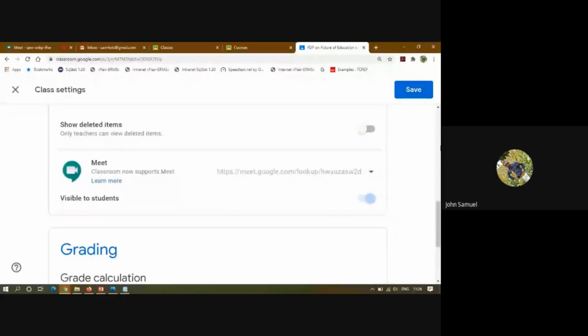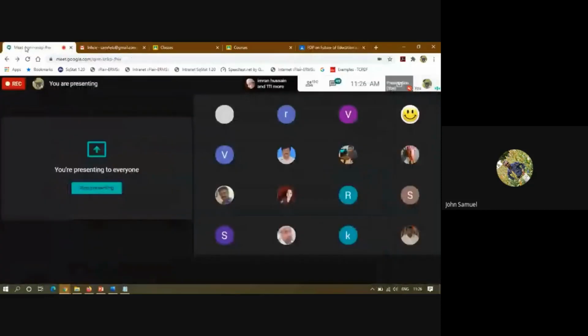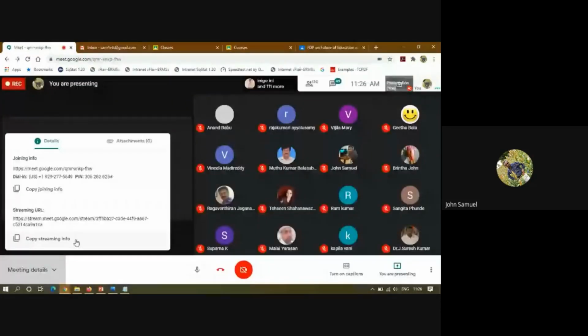You can see this Google Meet code is entirely different from what we are using for the regular Google Meet. You see, I'm opening this one. See this Google Meet code. After google.com, it is like three separate values, right?